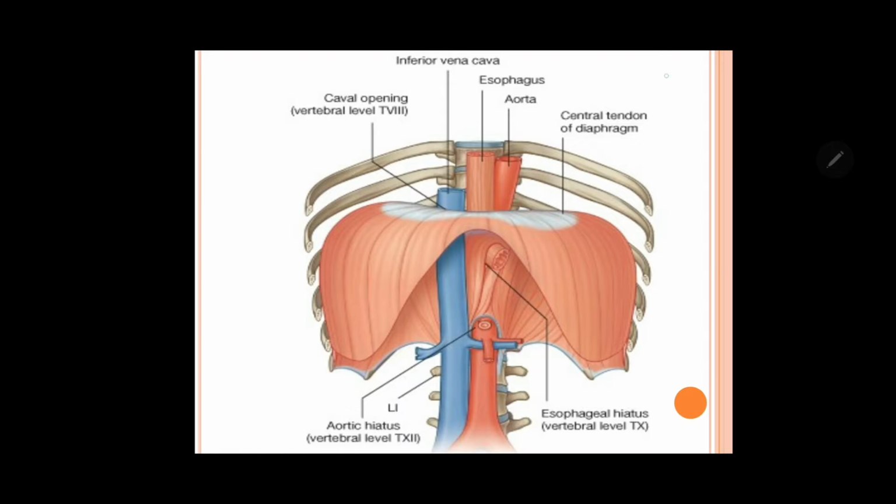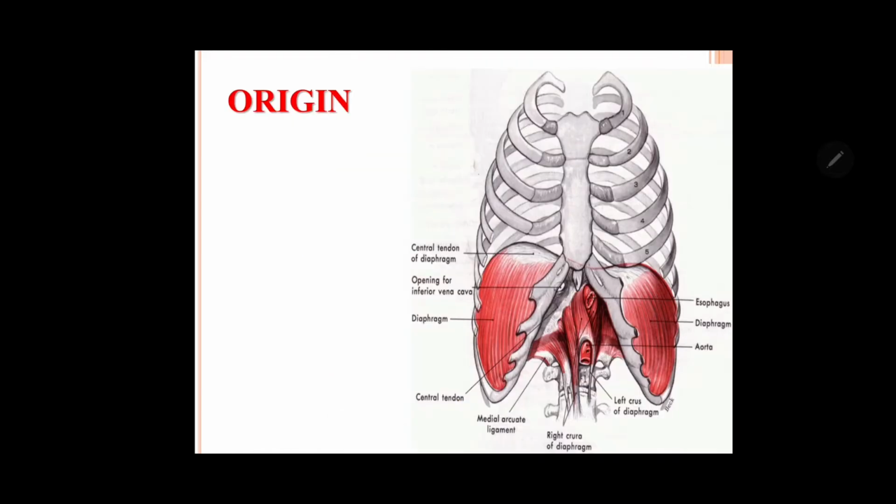As you notice here, the diaphragm is a dome shaped muscular partition. It separates the thoracic cavity from the abdominal cavity, and it has two domes, that is right and left domes, with a depressed area in between. The right dome is slightly higher than the left dome because of the presence of the liver, you can notice there. And the summits here are called the cupola of the diaphragm.